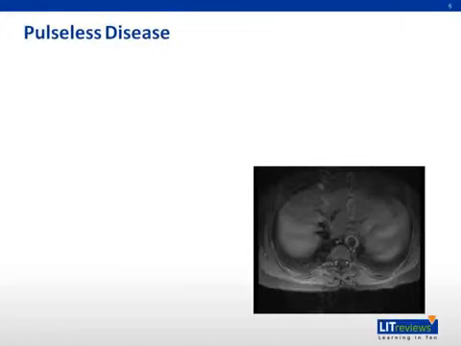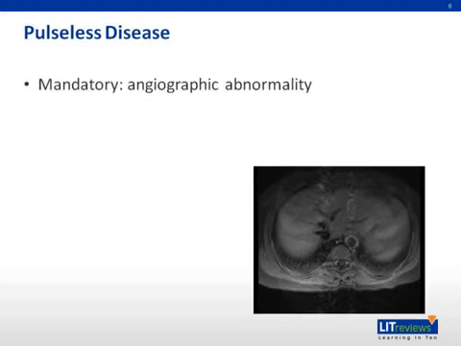Takayasu Arteritis, or TA, is a rare chronic large vessel vasculitis that predominantly affects the aorta and its major branches. Absence of peripheral pulses has also given it the name Pulseless Disease. The most recent classification criteria are those of the European League Against Rheumatism and Pediatric Rheumatology European Society, published in 2006. These criteria for Takayasu Arteritis include a mandatory criterion of angiographic abnormalities of the aorta or its major branches,